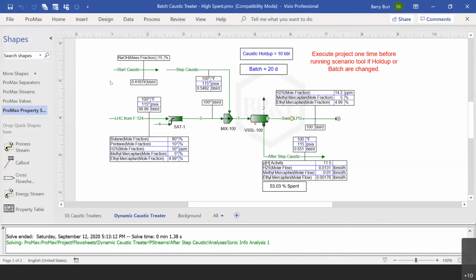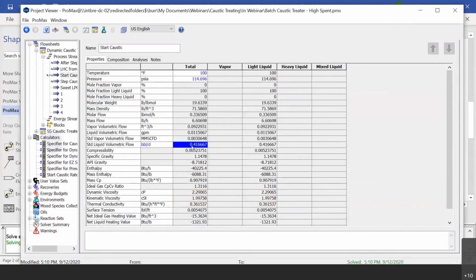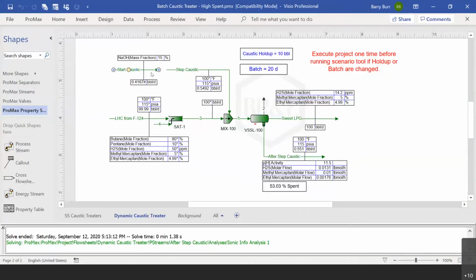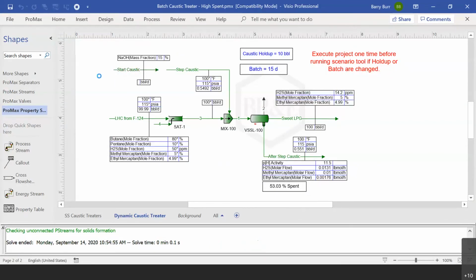So we have our initial caustic concentration, and when we set the batch size and the holdup time, that tells us what our initial flow rate of caustic is going to be. We use that to calculate the initial caustic flow rate. So when you make a change to either of these parameters or even any of these other inlet specifications, you need to run the model first. Let's say we're going to change this from 20 days down to 15 days. We're going to have a shorter batch time. So I'm going to reduce that. And I have to run the model first to load all of this correct information to properly initialize this start caustic stream. So we run the model once,